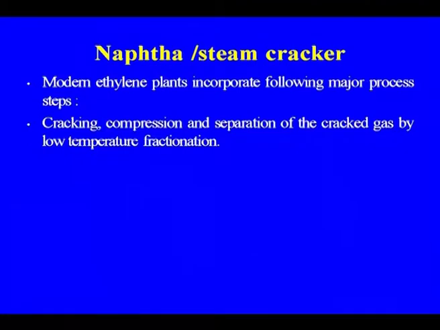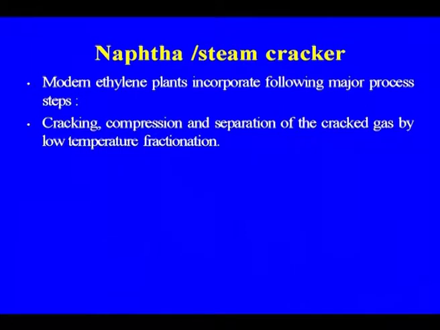These are some of the company's top ethylene complexes involved, which are making a large amount of ethylene and propylene. So, modern ethylene plants, let us discuss in detail the naphtha steam cracker. The basic feedstock for the cracker plant is naphtha and natural gas, meaning the ethane and propane portion. Modern ethylene plants incorporate the following major process steps: cracking, that is the hot section, where the